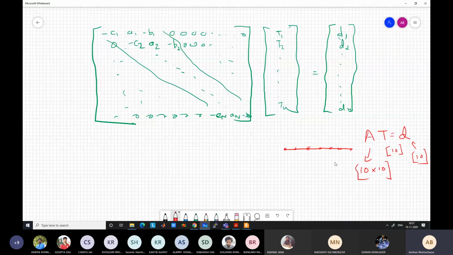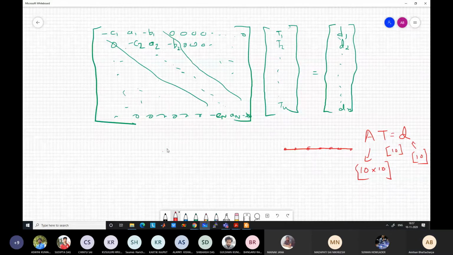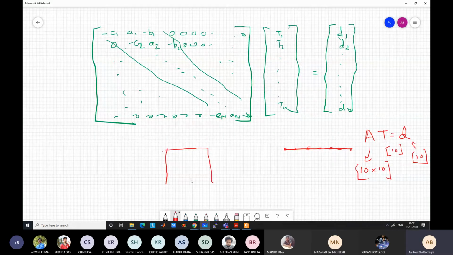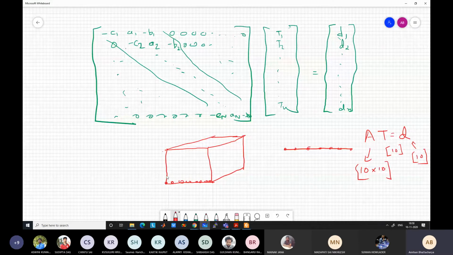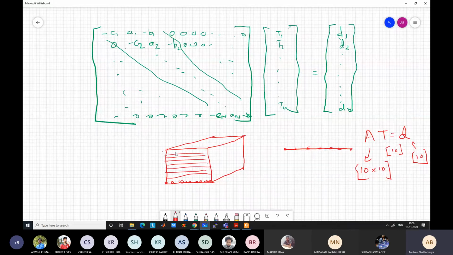Same problem, if it becomes a 3D problem, you are solving the same conduction problem in a 3D case with the same grid resolution. It is not that you are increasing the grid resolution. You are dividing the domain into 10 grid points along the x direction, along the y and along the z. The grid structure looks somewhat like this. I'm drawing very roughly, but you get the idea. So 10 grid points and 10 control volumes along each direction, in total 1000 control volumes and 1000 grid points.